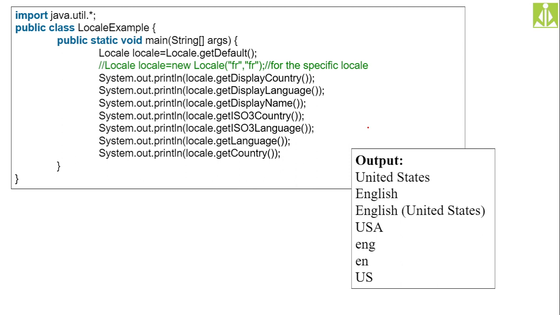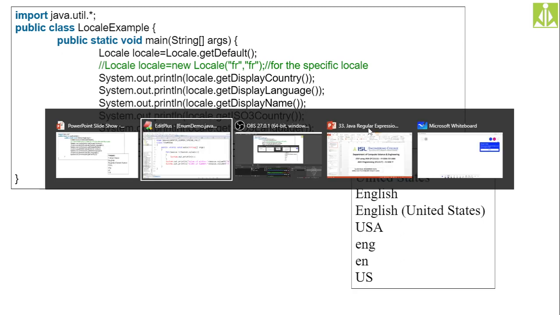Display country is different and get country is different. Display country gives the full name, and get country gives only two letters. You can print in 2 letters or in 3 letters, same for language and country name. We will see by creating the Locale object what it gives in our application. Maybe they practiced this program somewhere in the US, so we do it in our locale and see how it gives.